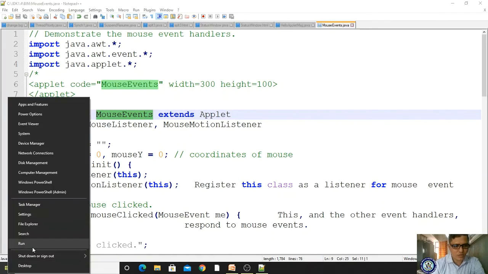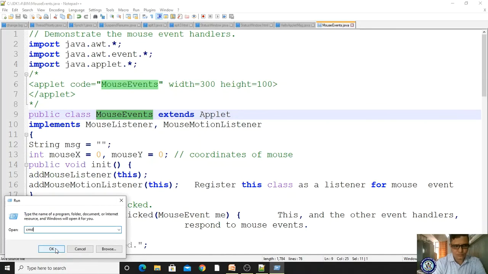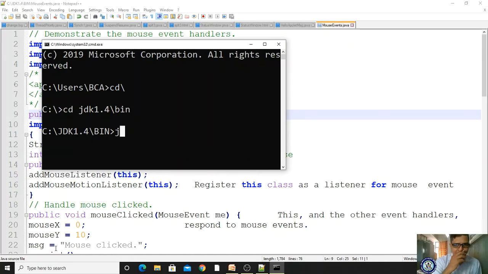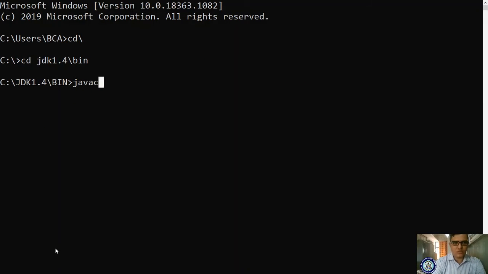I'm opening my command prompt and pressing Alt+Enter, and cd jdk1.4 bin. Now compile. What is the name of the program? MouseEvents, right? Okay, javac MouseEvents.java.